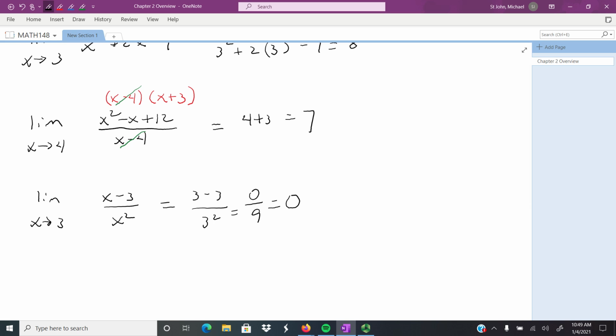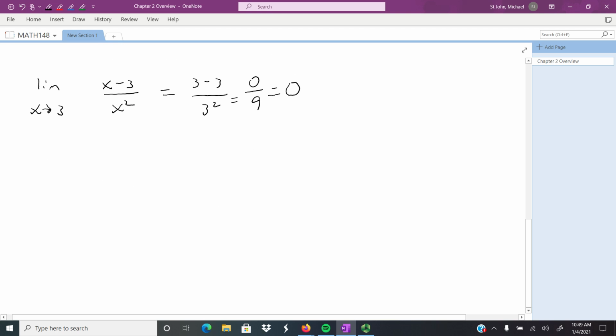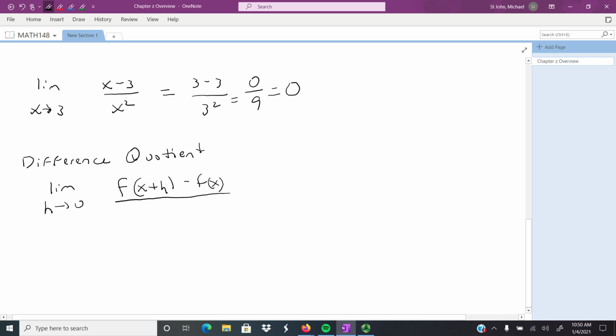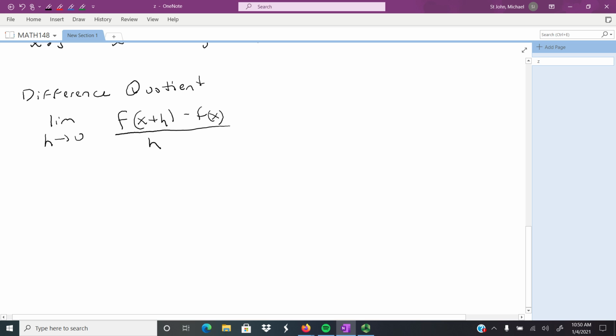So limits. Other things you'll see in this chapter is what is called the difference quotient. And so the limit as h goes to 0 of f of x plus h minus f of x over h. And so, for example, if I had that f of x